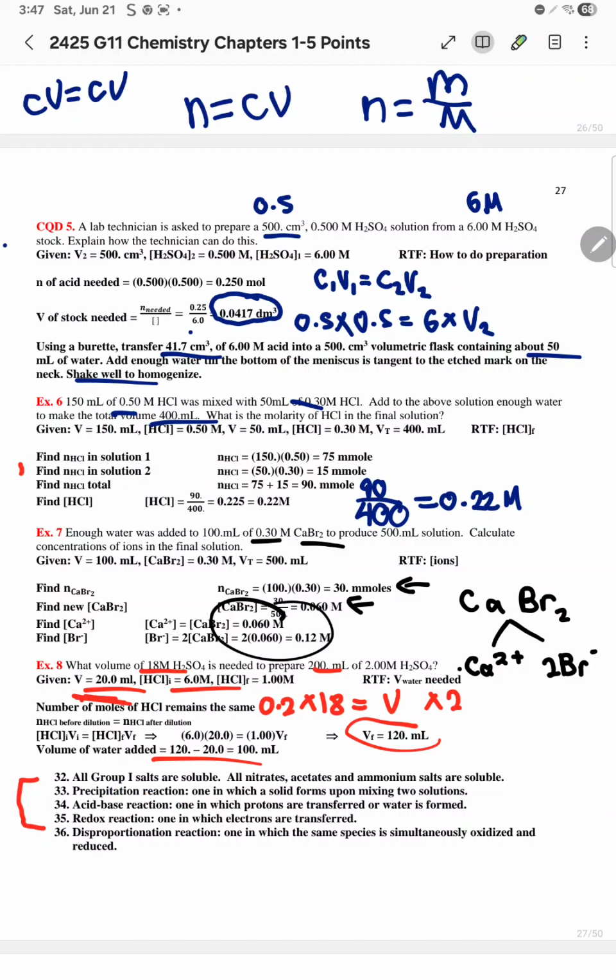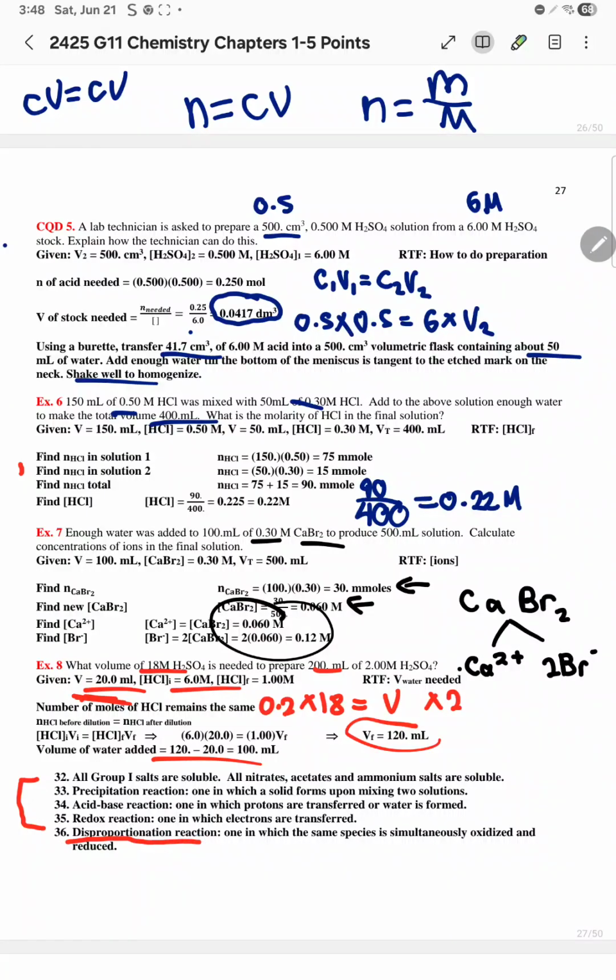A precipitation reaction is one where a solid forms upon mixing. This was also in chapter 3. Acid-base is one where protons are transferred, where water is formed, because it's always protons and water is always formed when you react an acid with a base. And redox is one where electrons are transferred, where there is oxidation or reduction. And the only new one is